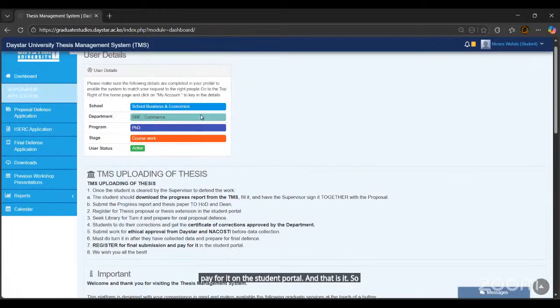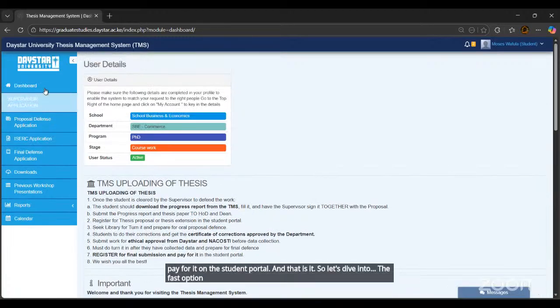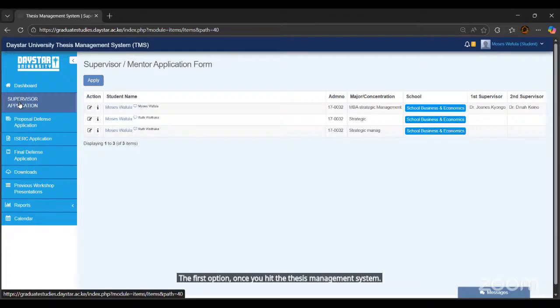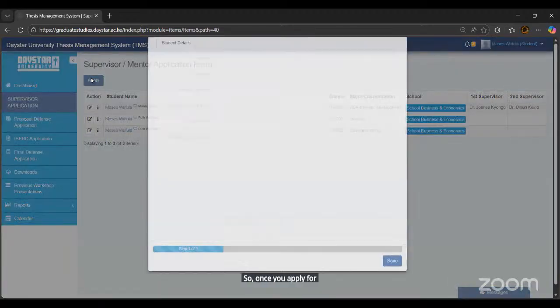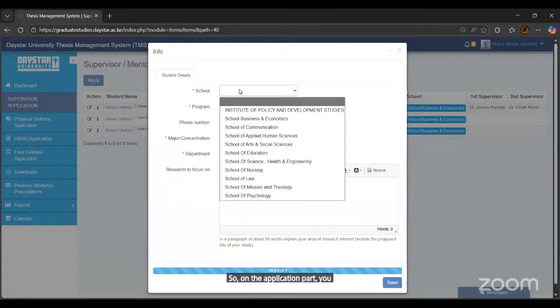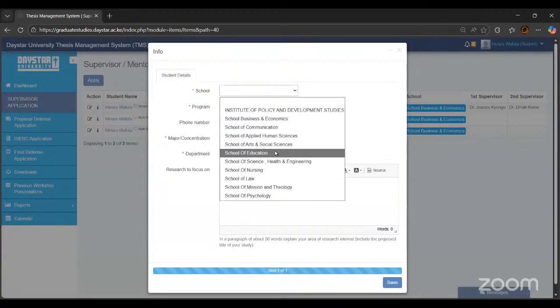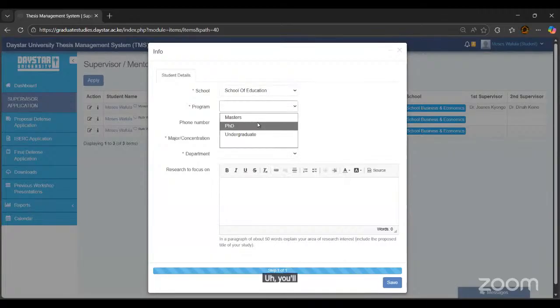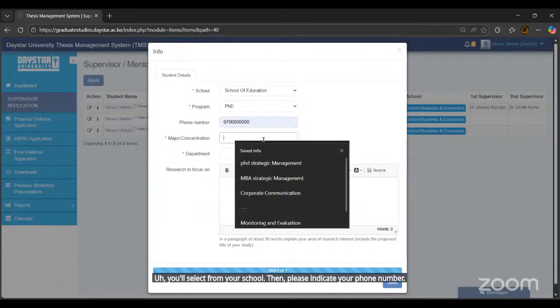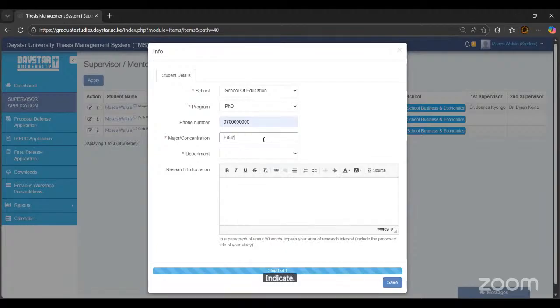So let's dive into the first option. I understand that all of us have supervisors. The first option, once you hit the thesis management system, is that you have to apply for a supervisor. So once you apply for a supervisor, you will click apply. So on the application part, you will please indicate your school. You'll select from your school, and then please indicate your phone number, indicate your concentration,